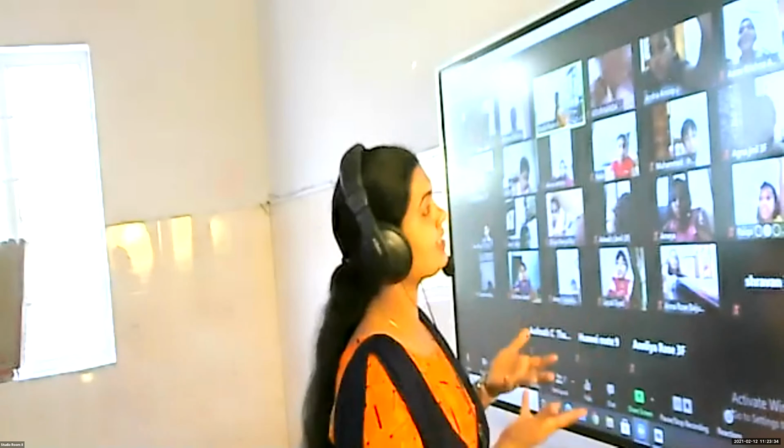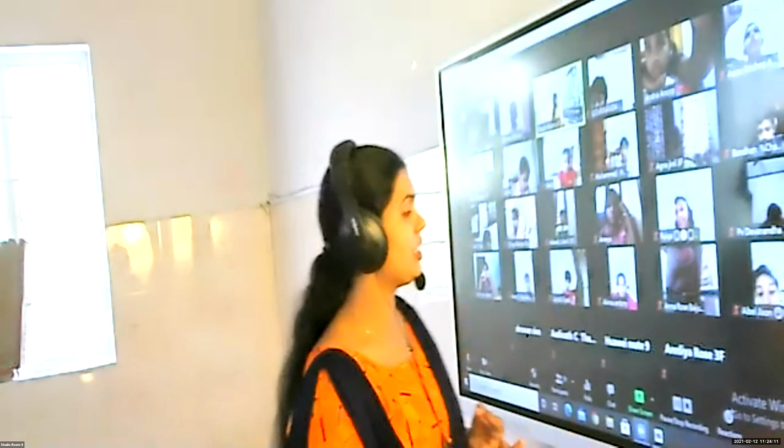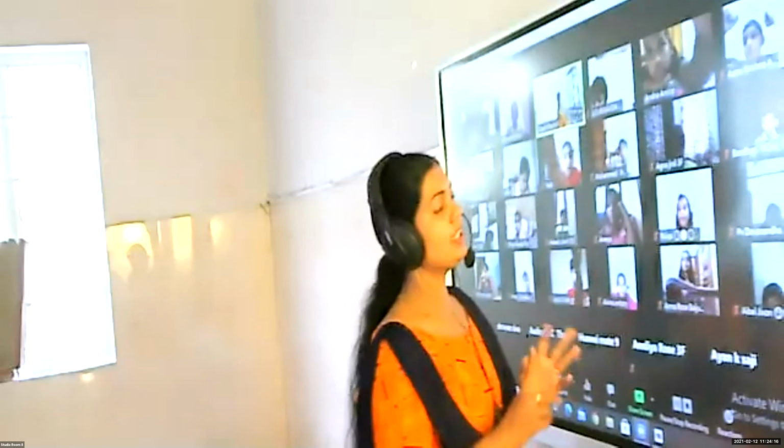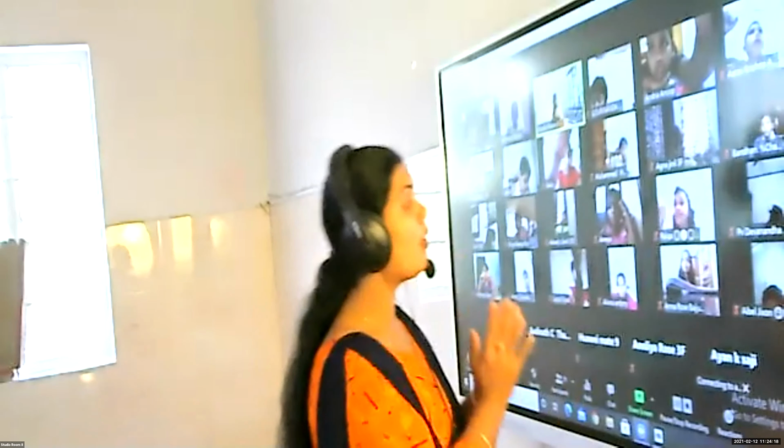Now, which units will we use to measure weight? Any idea? We have learned last year. Who knows? Nobody. My dear children, I will tell you. Milligram, gram, kilogram. These are the three units we usually use to measure weight. In this, milligram is the smallest unit.